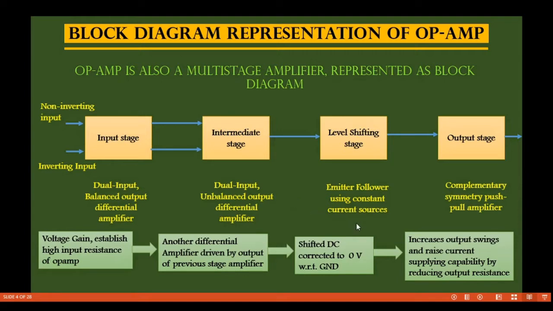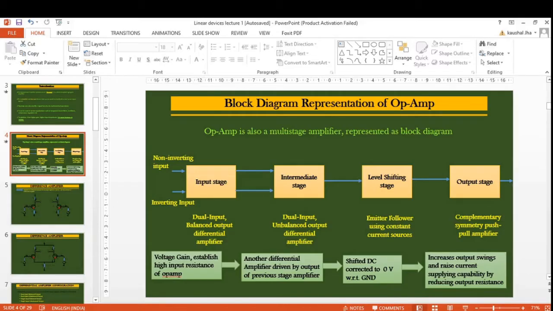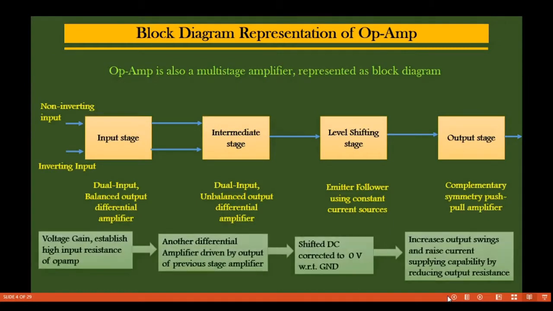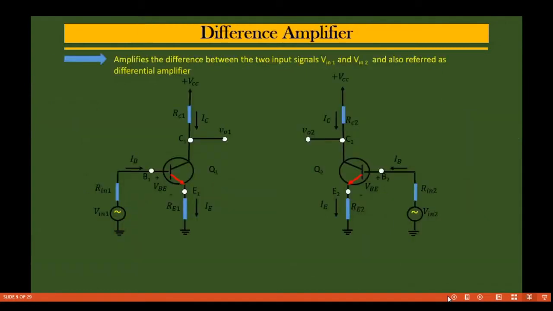and a basic differential amplifier circuit is nothing but two identical emitter bias circuits. The emitter bias circuit, which we have studied in the previous year, has a common emitter configuration, and two identical emitter bias circuits are put together to form the differential amplifier of the op-amp. In the next slides we will see how a difference amplifier is made.